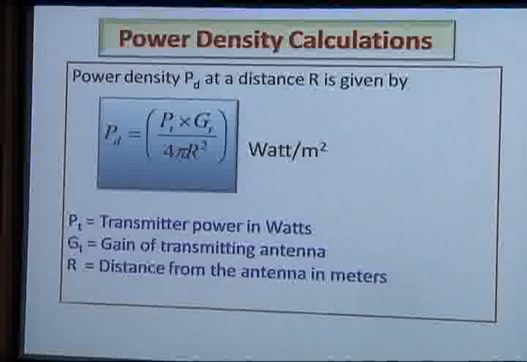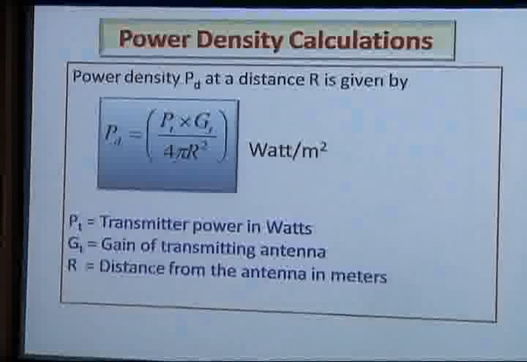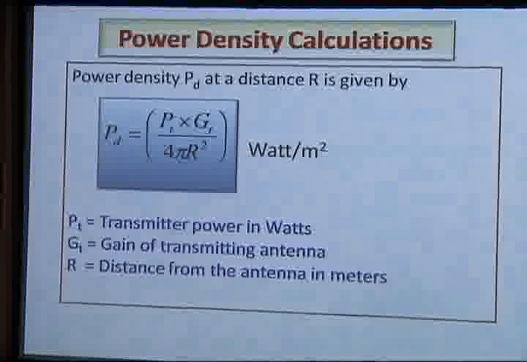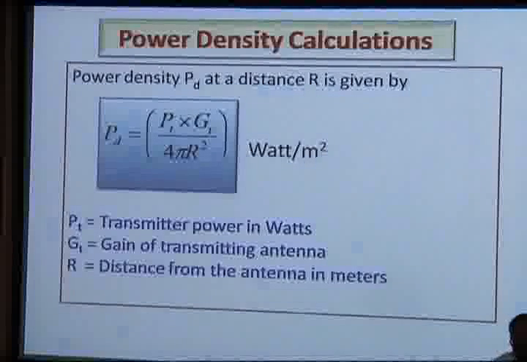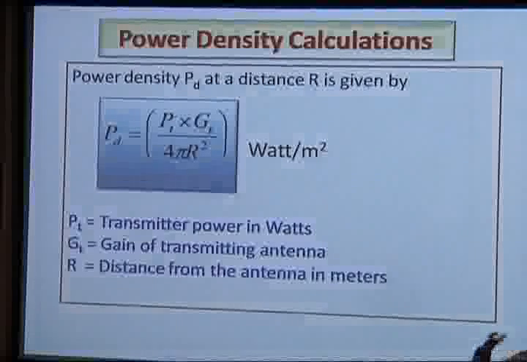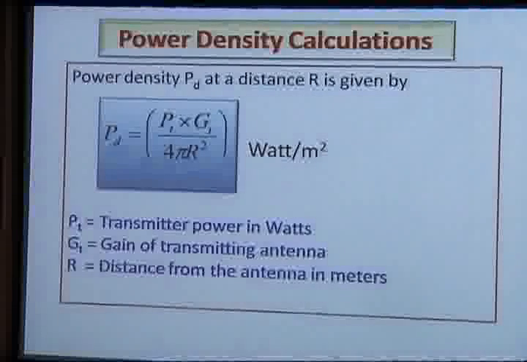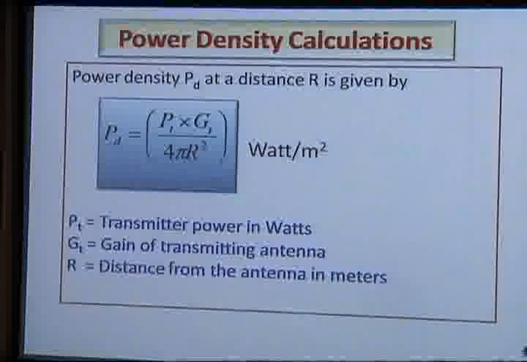Let me talk about power density. Power density at a given place is what we define in the international way. We define that the safe level is this power density. So how do we calculate power density? It is a very, very simple formula, and let me explain. It is nothing but power transmitted divided by the area of the sphere, which is 4 pi R squared, multiplied by the gain. So PT divided by 4 pi R squared, multiplied by the gain of the antenna. But I want to also mention here